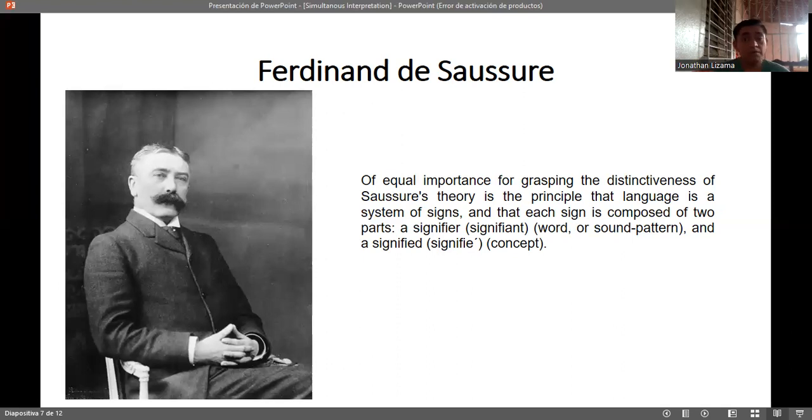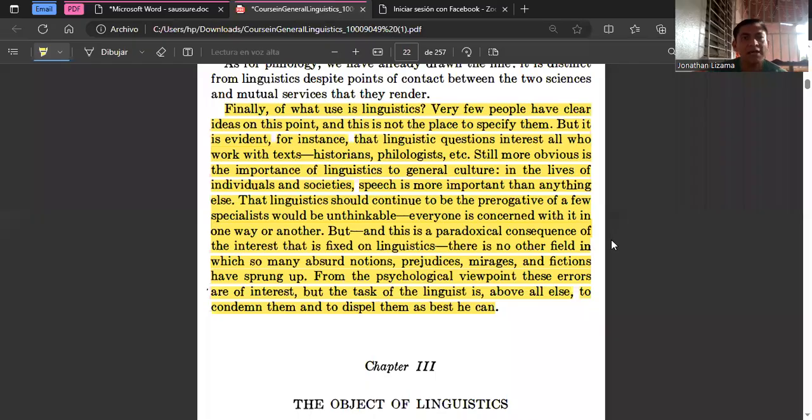He is the father of modern linguistics, right? I want you to go right now for one of my books. Voy a llevar uno de mis libros de software, que estaba pensando realmente en ustedes a la hora de hacer esto, y yo decía, bueno, lo voy a llevar a un libro que se llama Course in General Linguistics, o Curso General de Lingüística. Este libro pertenece a Ferdinand de Saussure, pero fíjense que lo interesante de este libro es que no fue escrito por él,